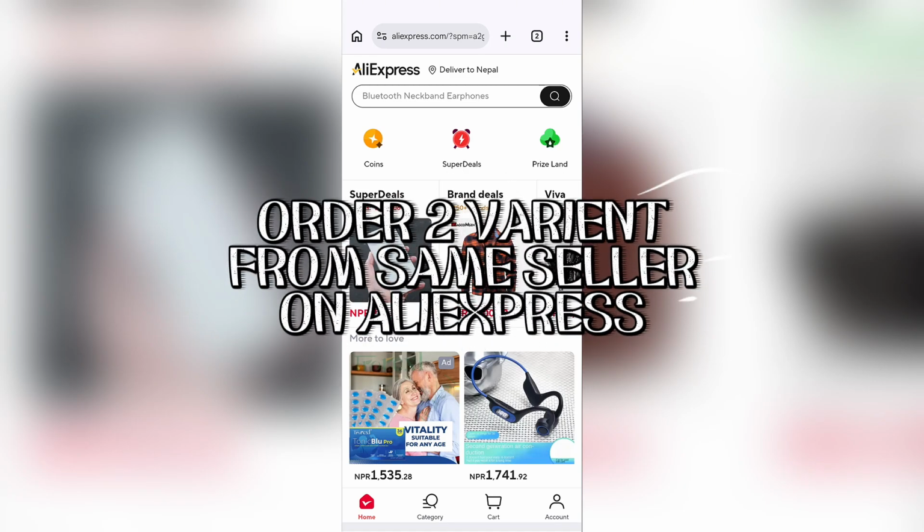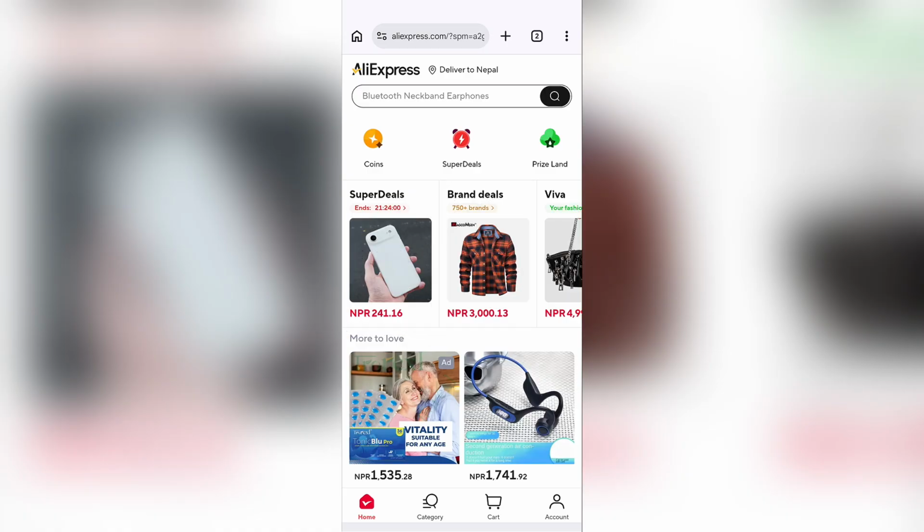How to order two variants of the same product from the same seller on AliExpress. Now in order to do that, just simply open either your AliExpress app or aliexpress.com website. Then after that, you need to select any of the products which you would like to buy two times for